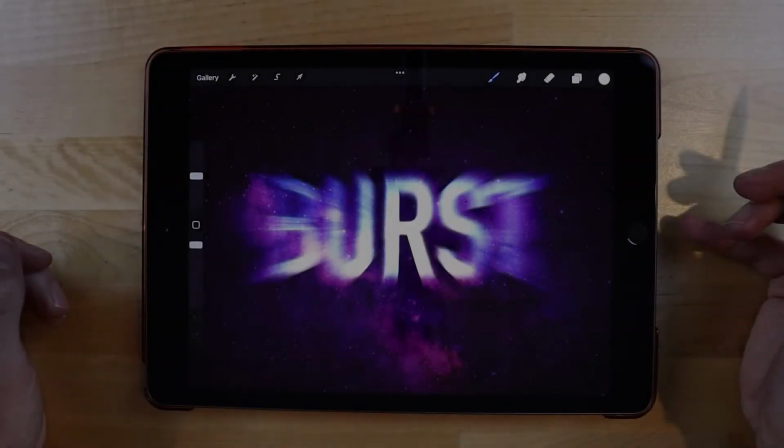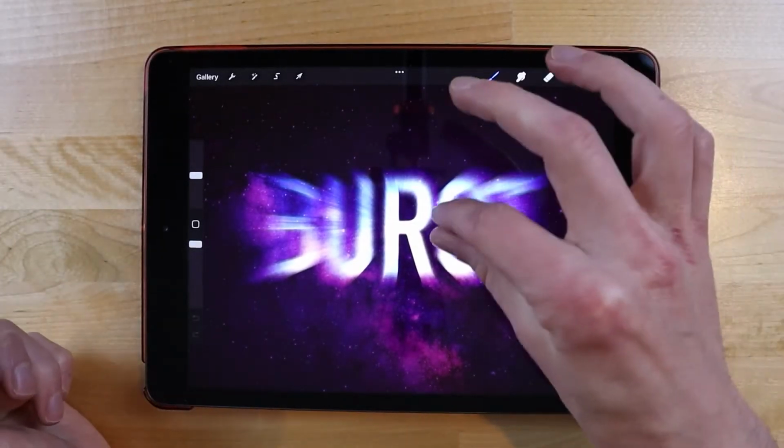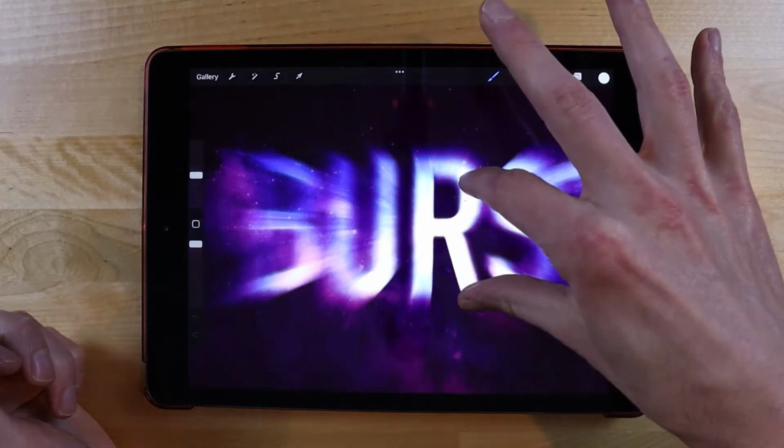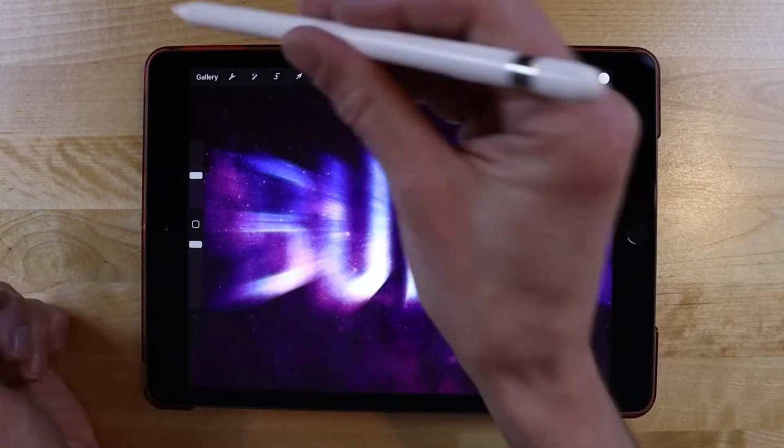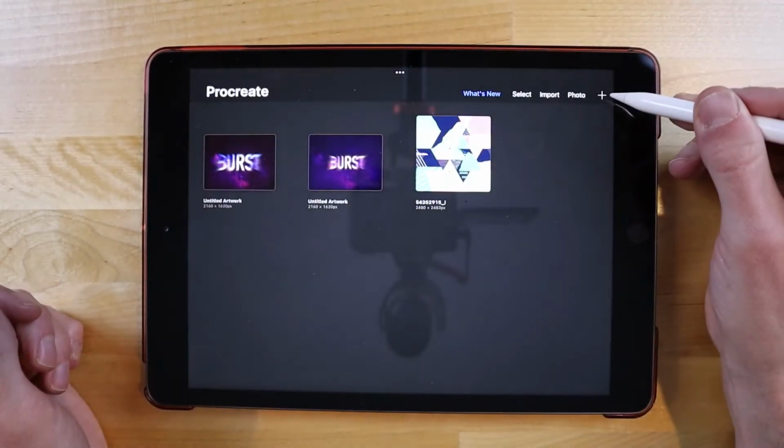In this tutorial, we'll be going over how you can create this light burst text effect using Procreate for the iPad, as you can see that I've done here on my screen. So let me go back over here to my gallery, and I'm going to open up a new document based